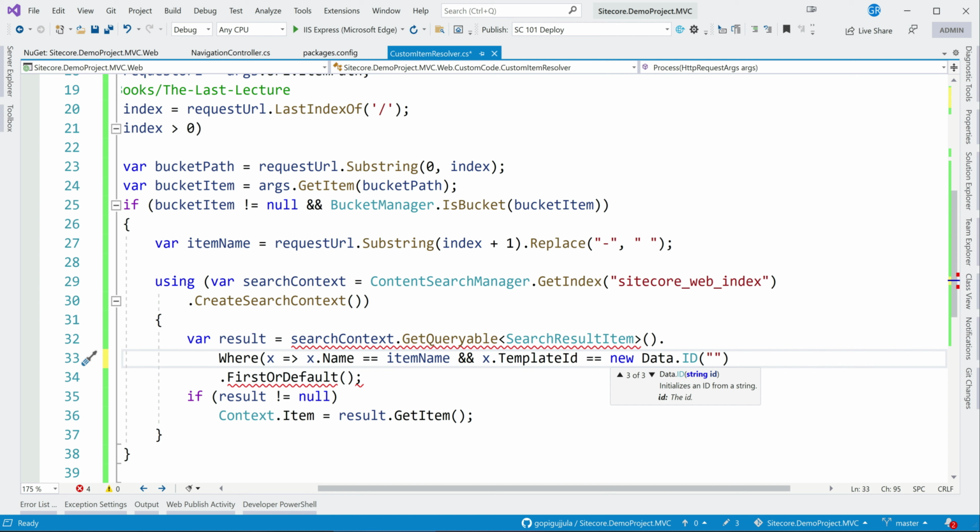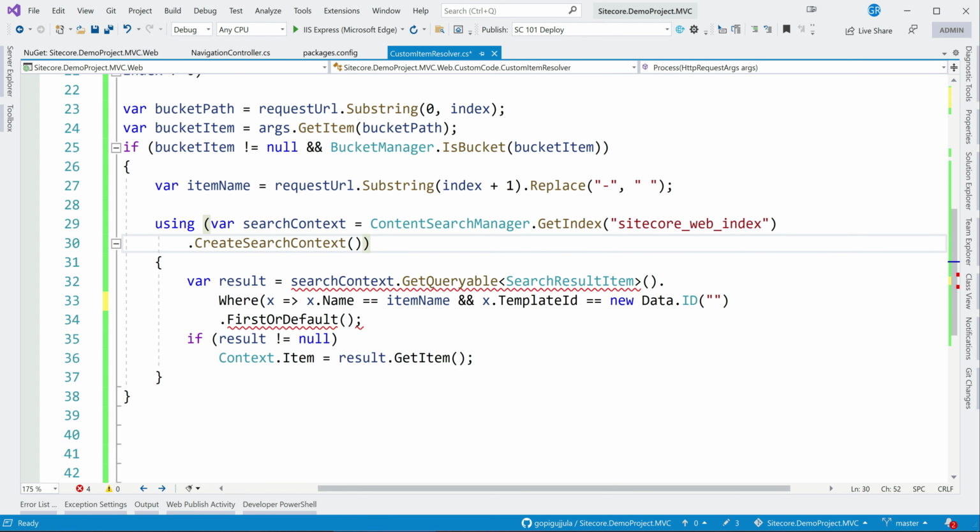So what we are comparing is, let me just give you a brief. We are querying, you can consider this as a SQL query, whereas in a SQL query we are hitting the database and getting the results. Here this is a Solr query, hitting Solr and getting it. For this we need to pass some parameters: what you are trying to fetch.